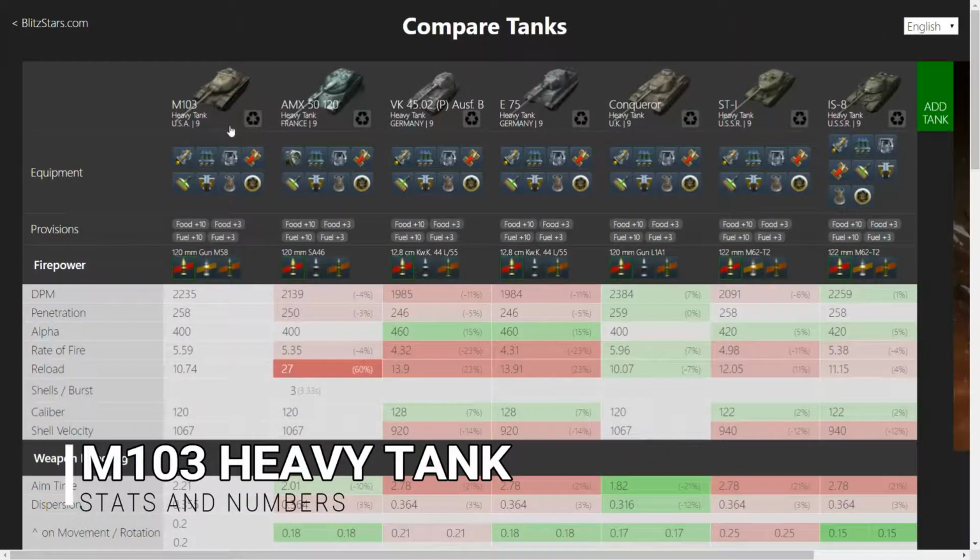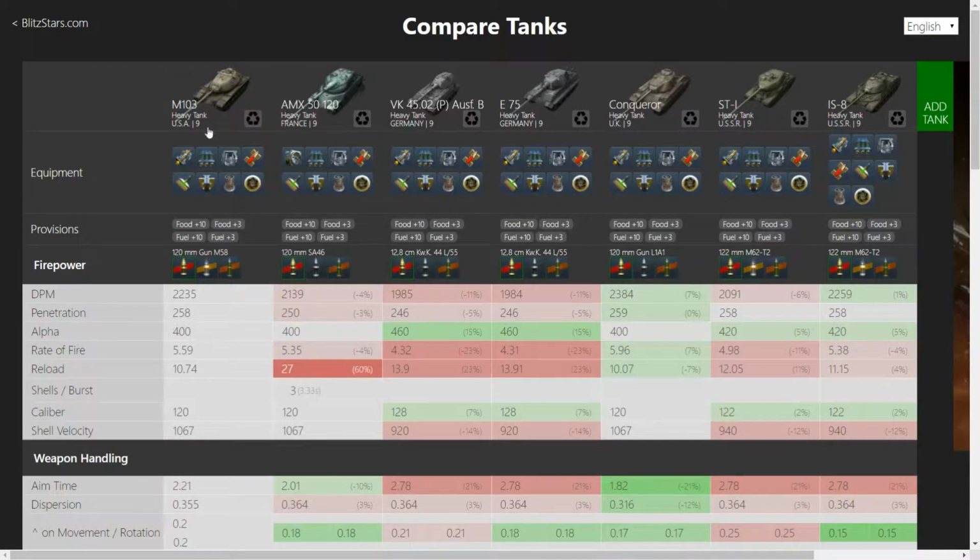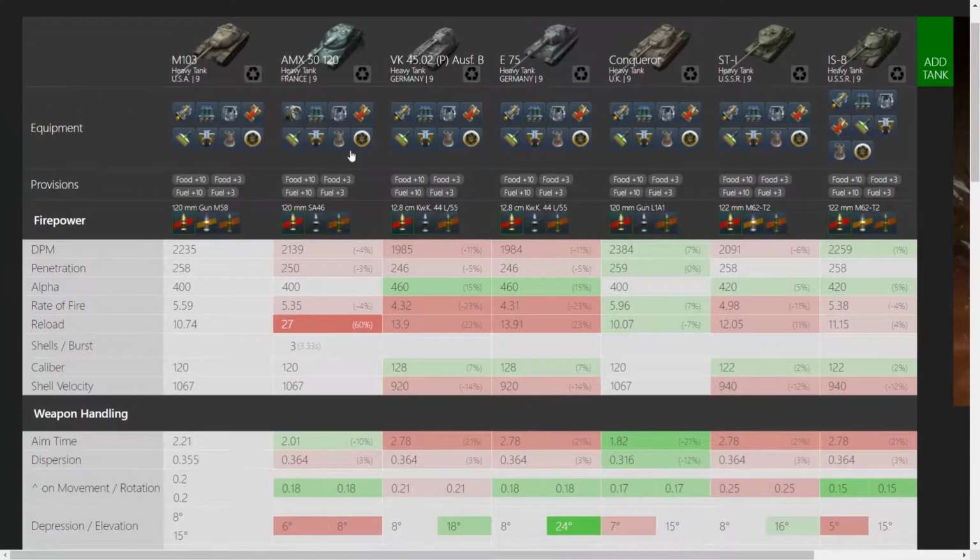So here we are on the tank statistics page of blitzstars.com. M103 at the front, obviously, and having the AMX over here from France, German VK 4502P Ausführung B, the E75, the Conqueror, the STI and the IS-8. Looking at all the statistics, I've mentioned already that the gun is the thing to work with on the M103, and